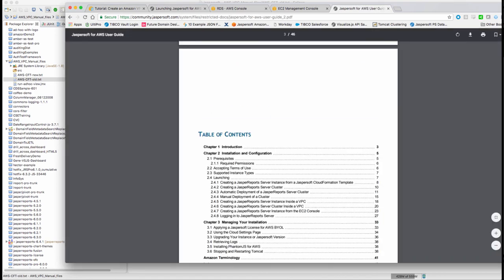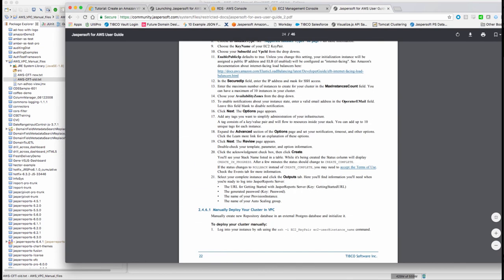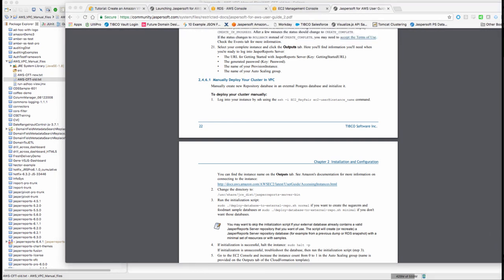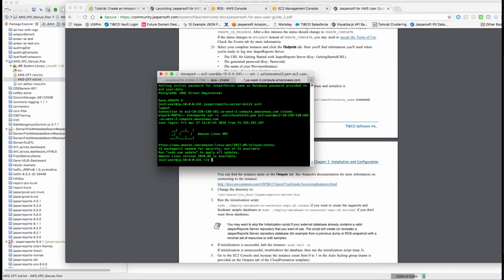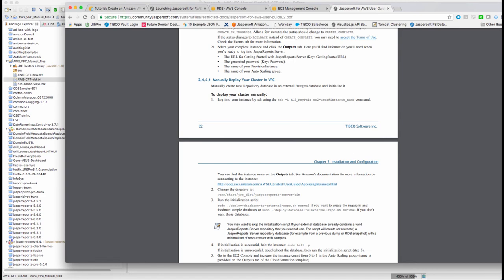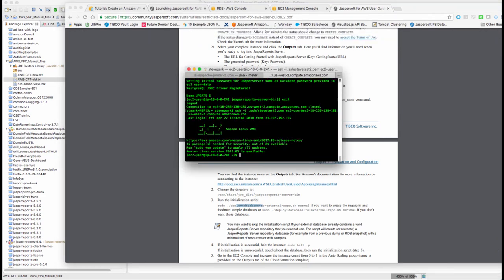All right, so now what I'm going to do is I'm going to go into section 2.4.6 and specifically section 2.4.6.1 because this talks about manually setting up the RDS database with my repository. So what I'm going to do is I'm going to log in to SSH, and then I need to change to this directory here, and then I need to run this script. So I'm going to go ahead and do that. So cd